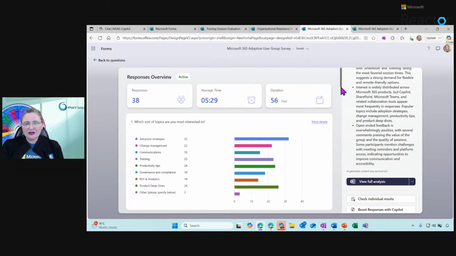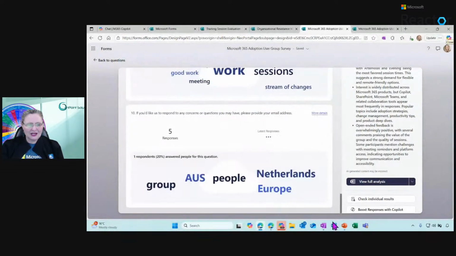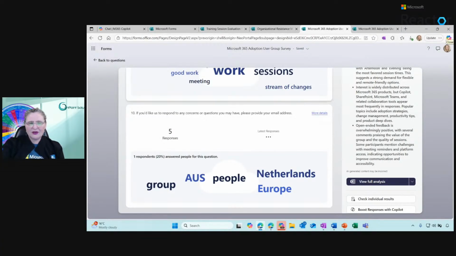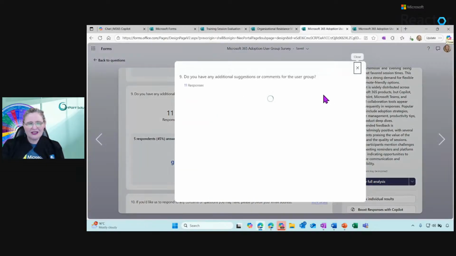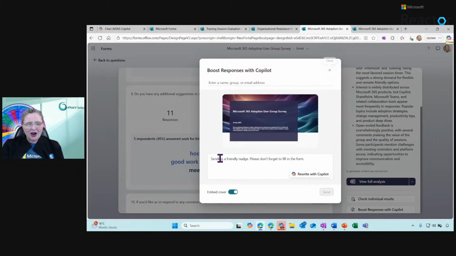Okay, so as I start to work my way through, what do they want? I go down, have a little bit of a look, and I might say, give me some more details. So this will be all the individuals, for example. Go view more details. It's not doing Copilot over the top of this, but you'll see down here that the responses are also here. So I can go back in and say, I want to send a friendly message. Who do I want to send it